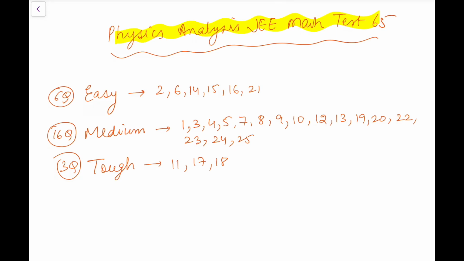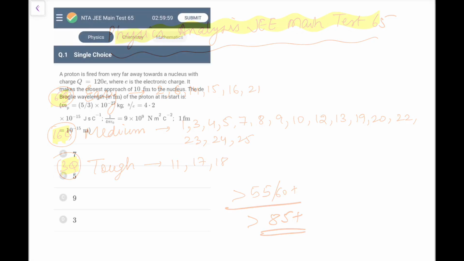Now for this paper, 6 questions I have regarded as easy, 16 were medium and 3 were tough. And one I have taken, the Zener diode one, to be tough because it is tough to answer looking at the data, because the data doesn't give the usual answer, so you have to be smart enough. So this is a regular JEE main paper. Again, I won't regard it as very tough but not easy also. It's just a medium level difficulty. Anyone with slight confidence in physics should get 55 or 60 plus, and a very good student looking for top ranks in advanced should get at least 85 plus in this particular paper. So let's start.